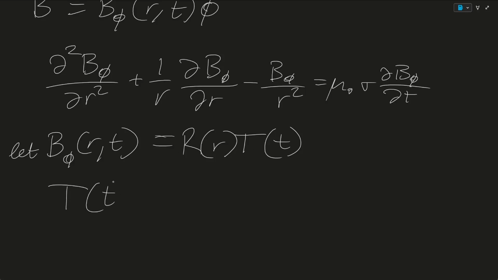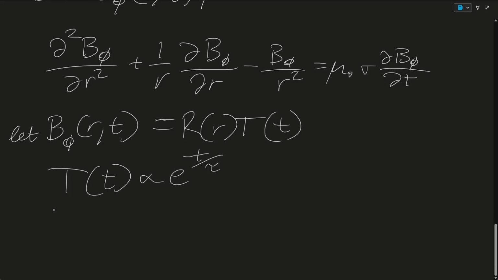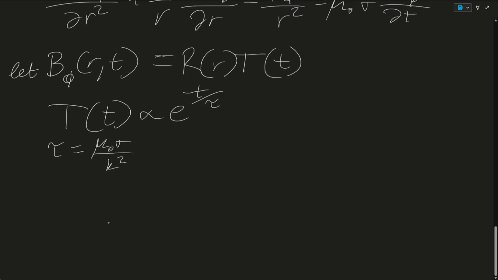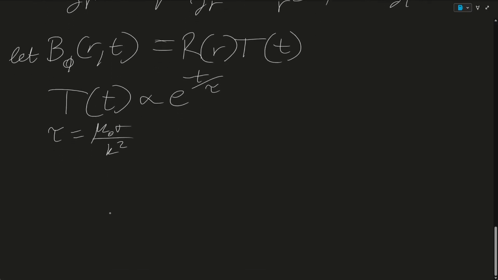So T of t is then proportional to e to the minus t over, I'm just going to call it tau, and tau is equal to mu naught sigma over k squared, k something, and then we get an equation which